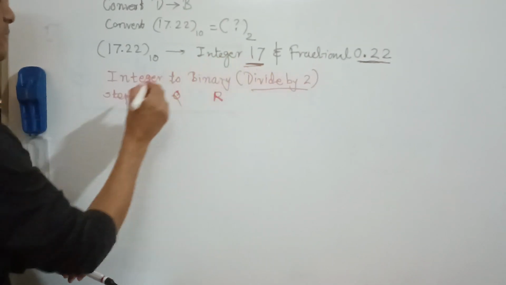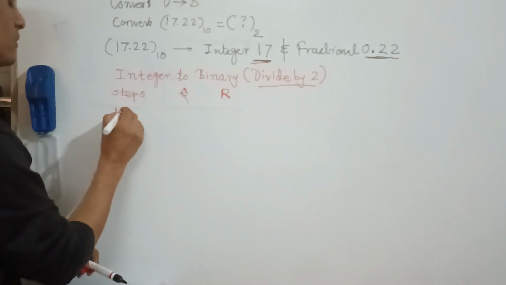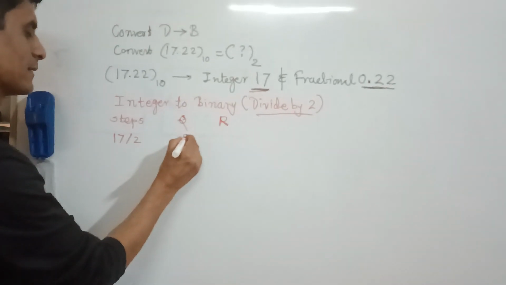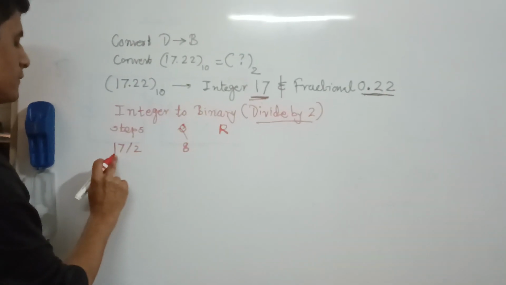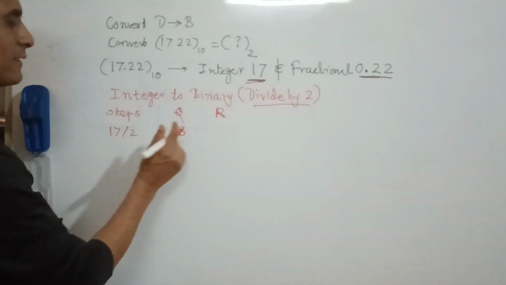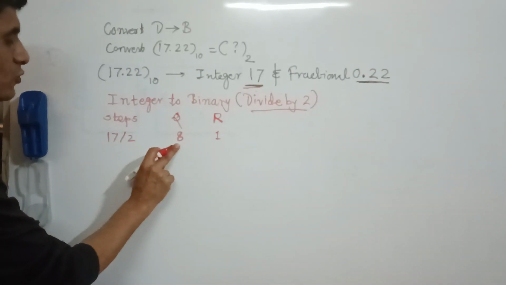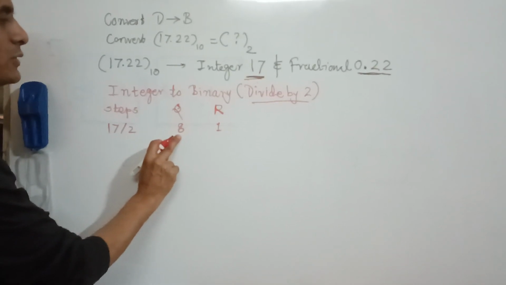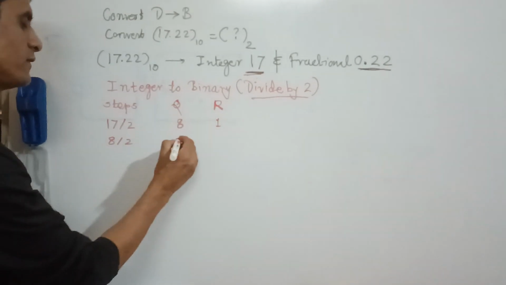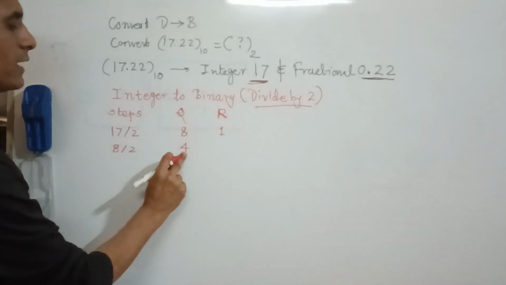First step: the number is 17. We are using the divide by 2 method. 17 divided by 2, the quotient is 8, since 2 times 8 is 16, and 17 minus 16, the remainder is 1. Then we divide this quotient 8 again by 2. 8 by 2 is 4 and the remainder is